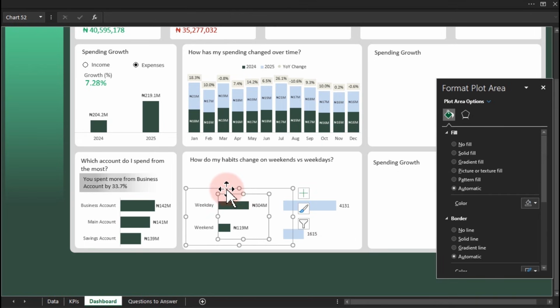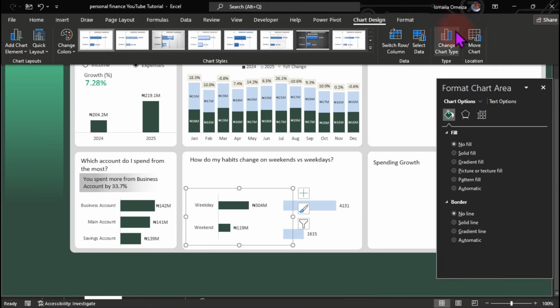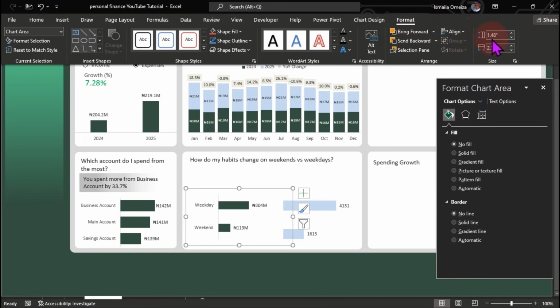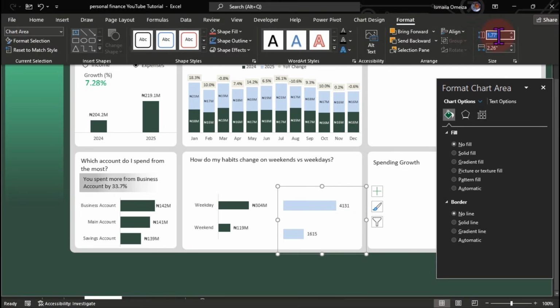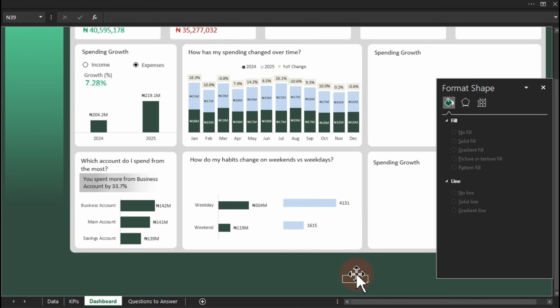So we want to make sure we click on this one. Let's go over here and select format. So the height is actually 1.48. So the height is going to be 1. So here we go. So we have something that looks like this. Are we done yet? Not at all. So we want to look at how we can